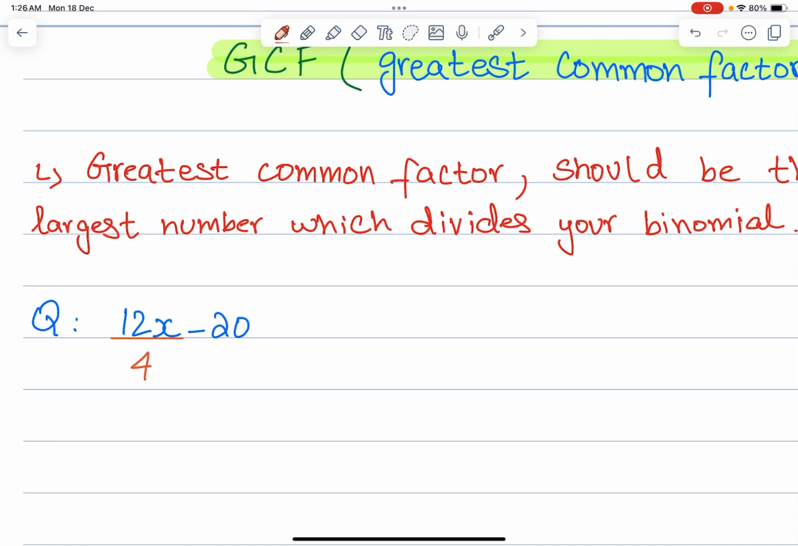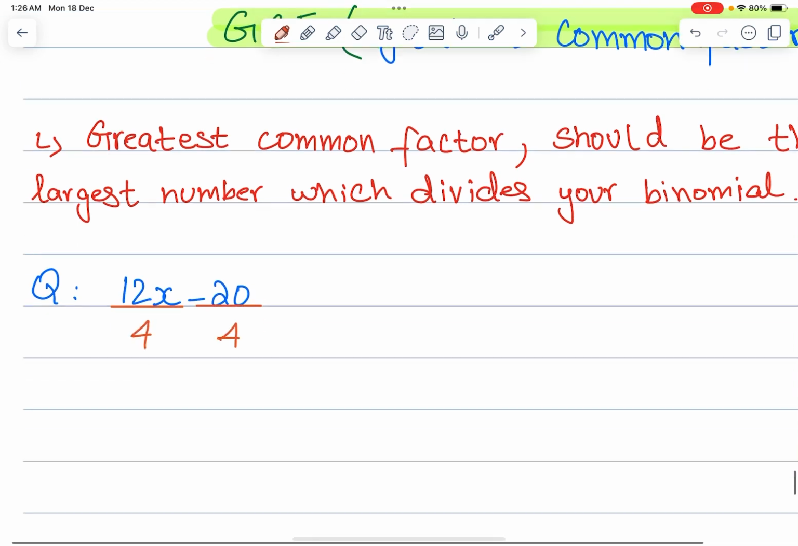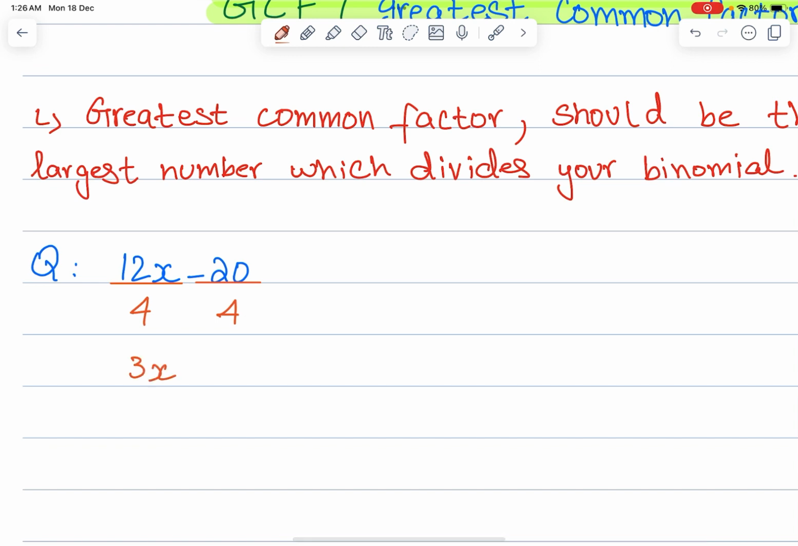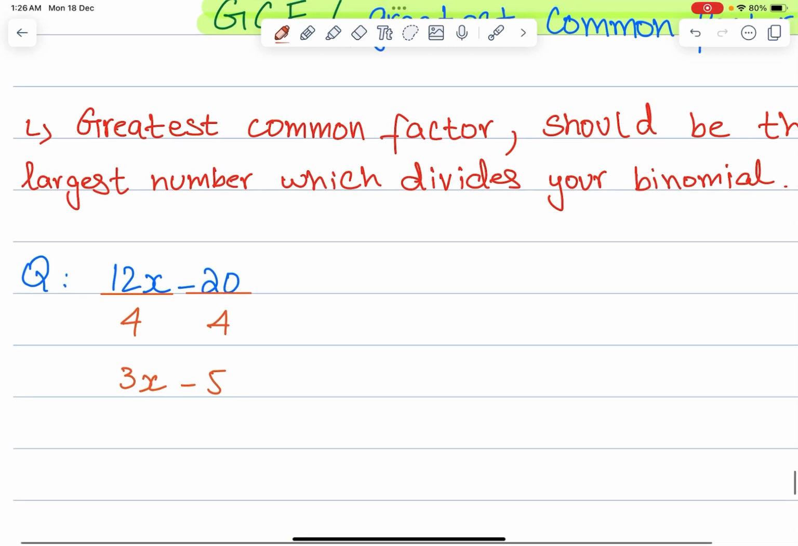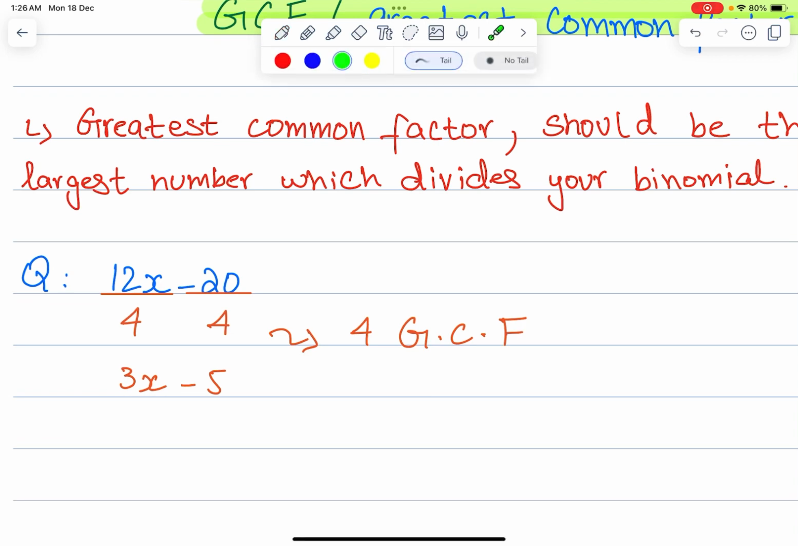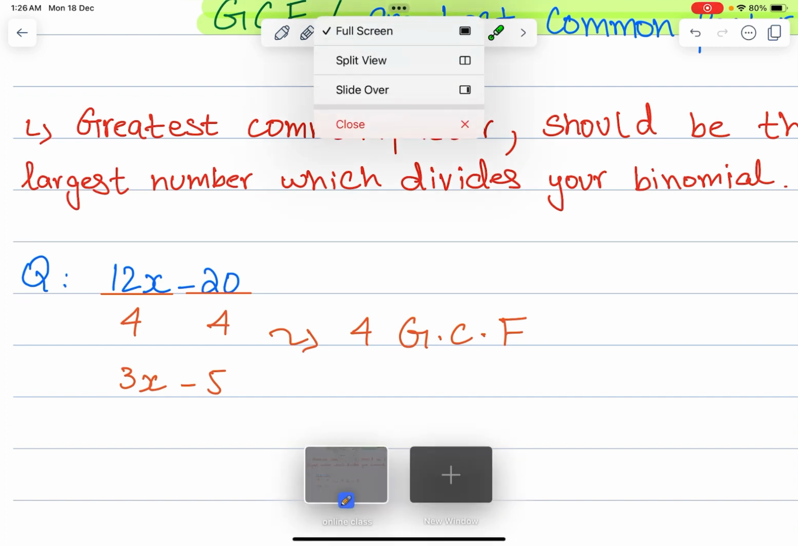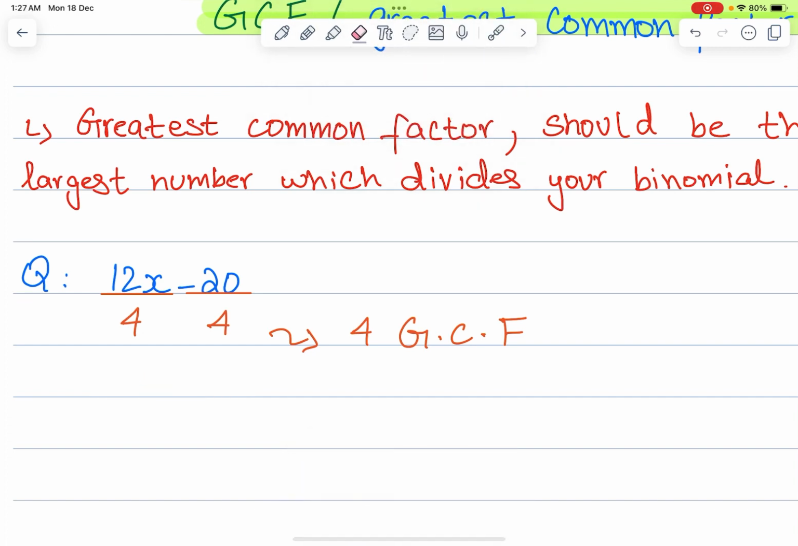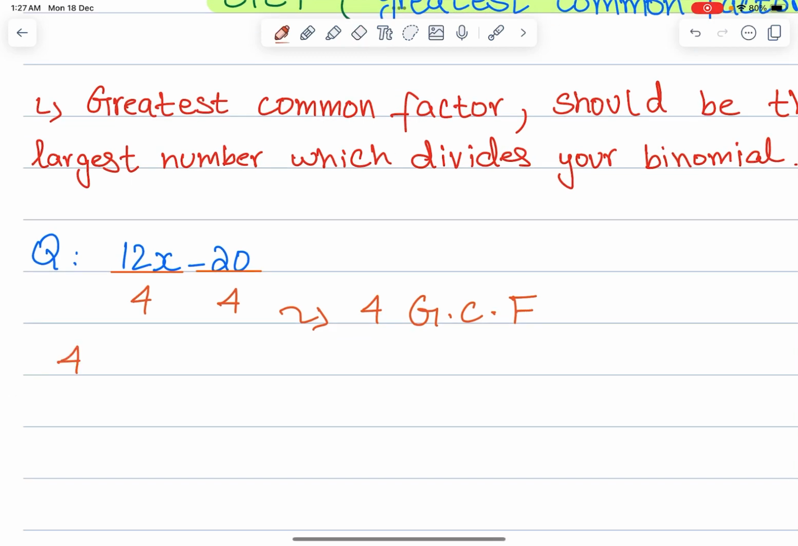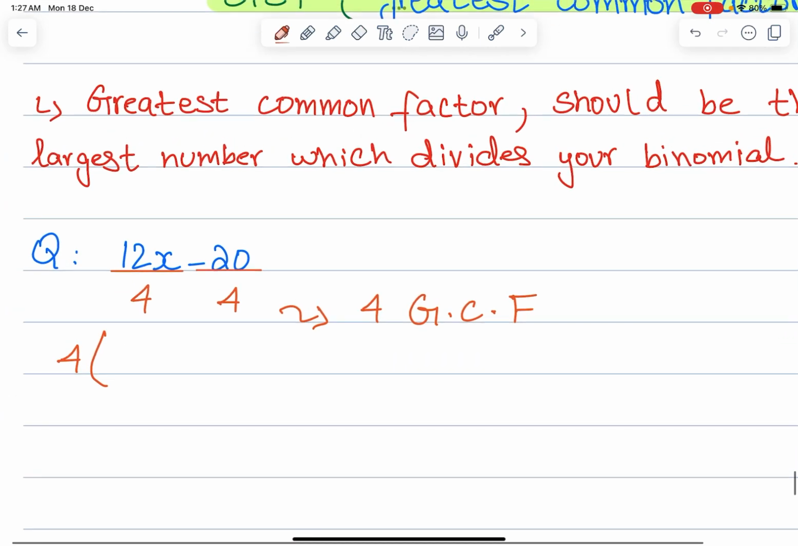If you divide 12x by 4 and negative 20 by 4, what do you get? You get 3x from this and negative 5 from this. So we figured out that the greatest common factor, the GCF, is going to be 4. What is the way of factoring out from a binomial? The proper way of writing it is that you write your GCF, which is 4, then you apply parentheses, and inside the bracket you write